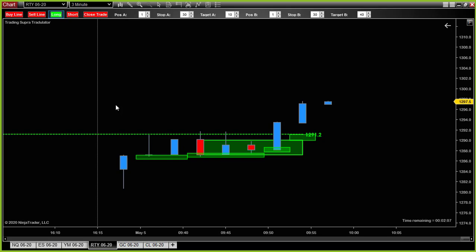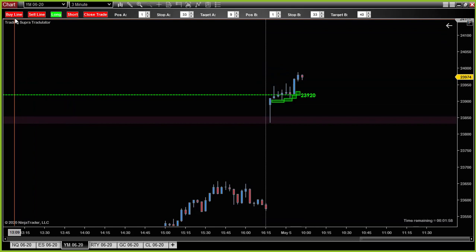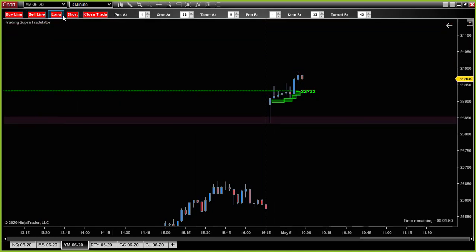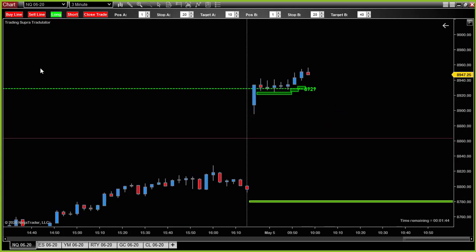In indicators, Chain, you should find Supra day range in your Trading Supra folder. Just going to move my buy line in YM. So just clicking buy line, so it's green, and then going wherever I want it to be next. 23932 is the top edge of our day range zone. So I'm just moving it as it travels here. All right, that's moved just a little bit in NQ as well. So our new Tradulator buy line